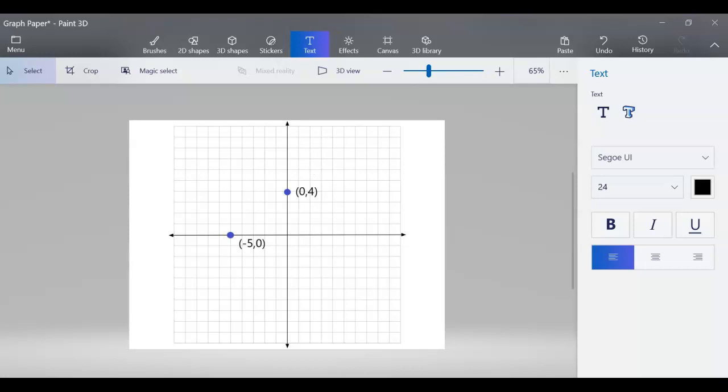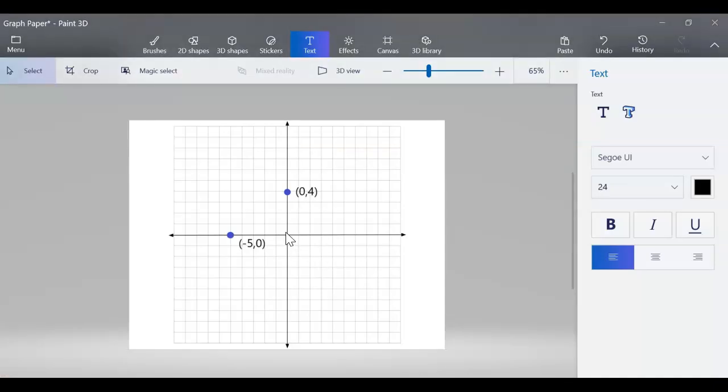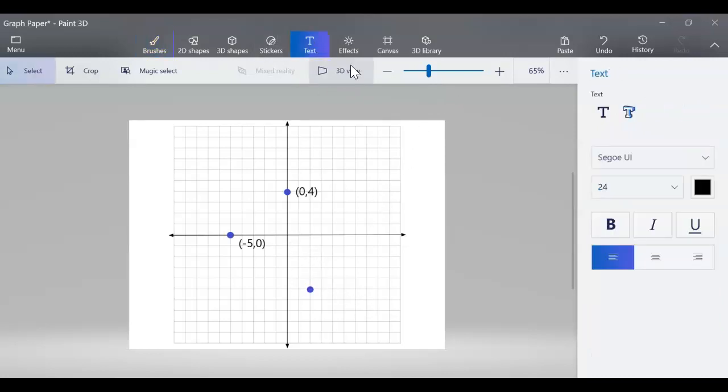And then that last point, as we said, is (2, -5). So we go to (2, -5). Once again, x value first, so go over 2. Positive 2 means we're going to the right on the x value. Then -5, 1, 2, 3, 4, 5 down means we are at this point right there. Okay, so (2, -5). And if we wanted to label that, all we would have to do is, once again,